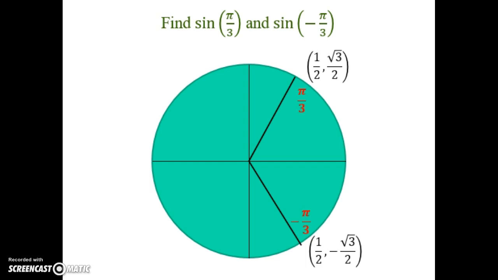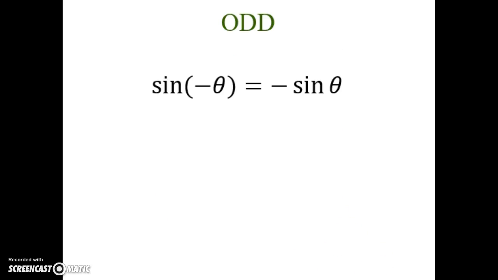So it is true that when we put a negative value into the sine function, that negative value pops out front. Therefore, we know sine analytically to be an odd function, and this is what that looks like. The sine of negative theta is going to be equal to negative sine of theta,